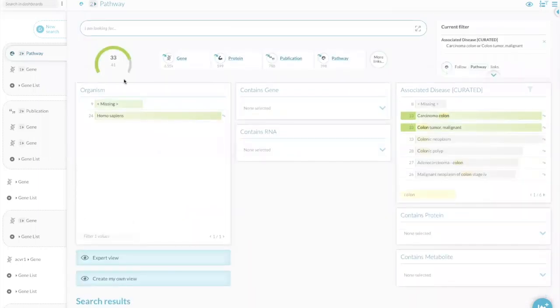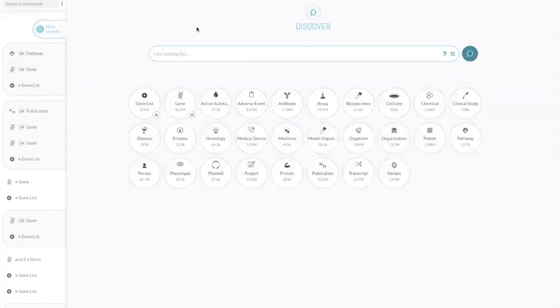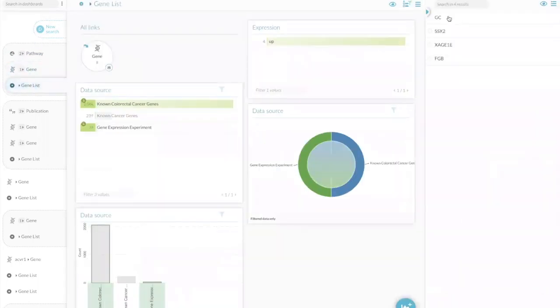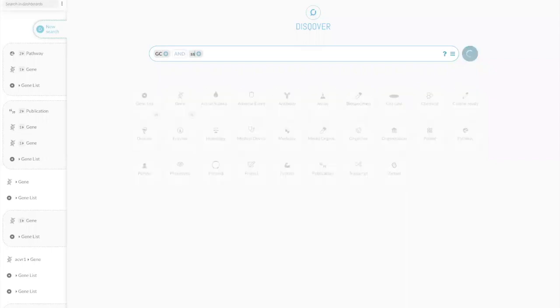Next step could be that I'm going back to my gene list and I'm going into the literature. Or if you assume that you found something, so you have your list of genes here, you could, for example, enter a search and could also mimic the same thing. So let's say that you have found something, you can easily do the same thing here as